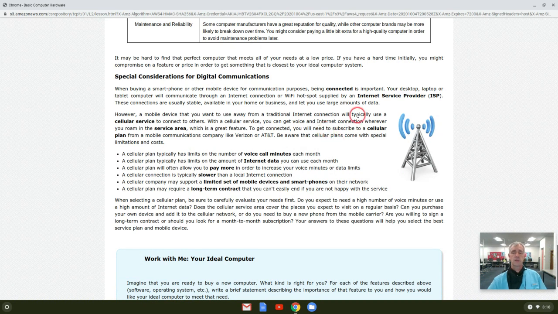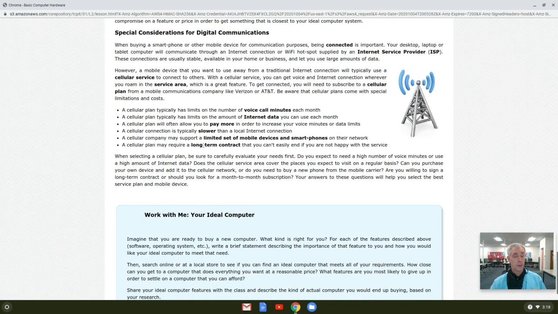And then communications, your internet service provider, ISP, your cellular data. Right now, y'all aren't too worried about that. A lot of your parents are footing that bill, but soon you'll be having to pay for this. And this is information you really need to think about. I promise you, it's happened to me many years ago, where this company was offering this great deal on a phone and outstanding data plan. I run down there, I sign up, and then halfway to my house, I realize it's not connecting to anything.